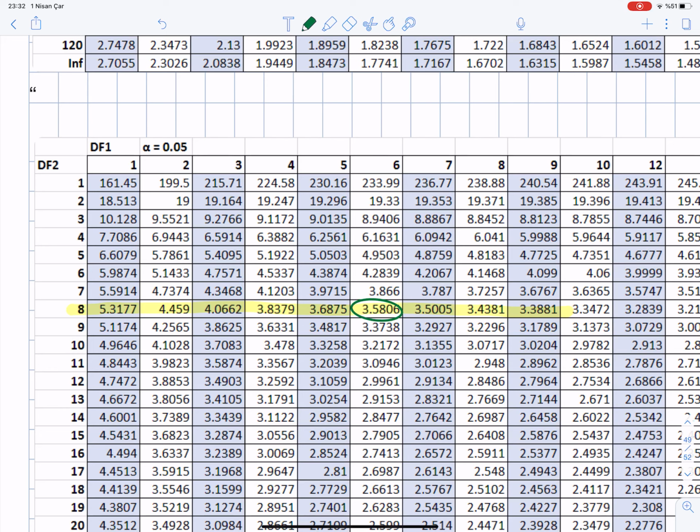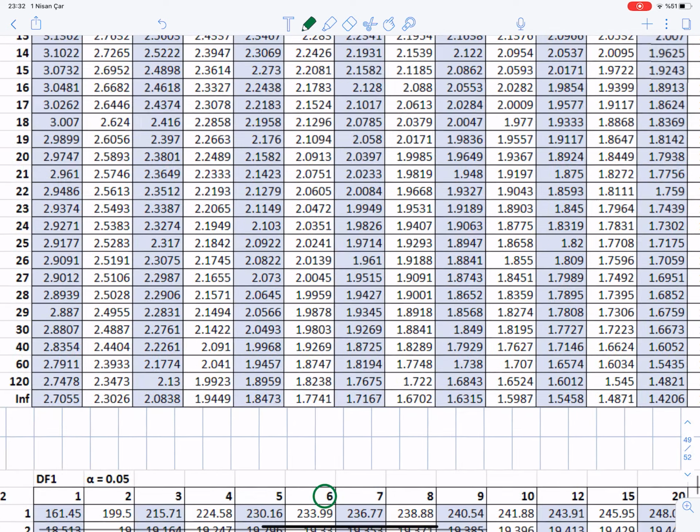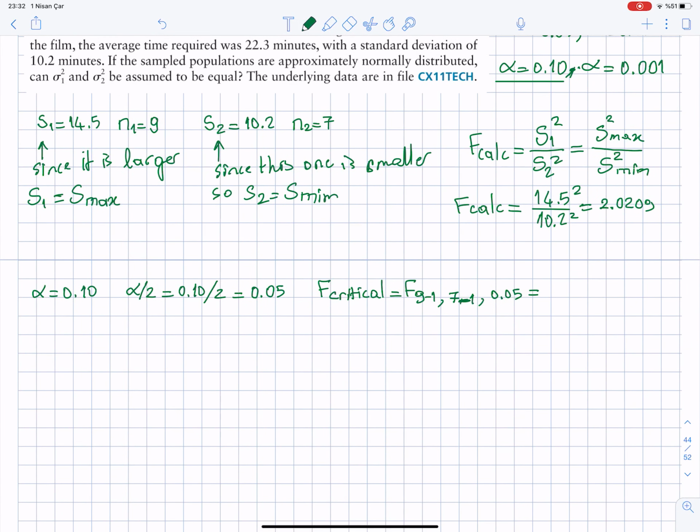That's the value, 3.5801. So 8 is the degree of freedom. See that this is 8 here, and 6. So I need to look for 8 and 6, the degrees of freedom. See that here. 8 and 6, at 0.05, which is